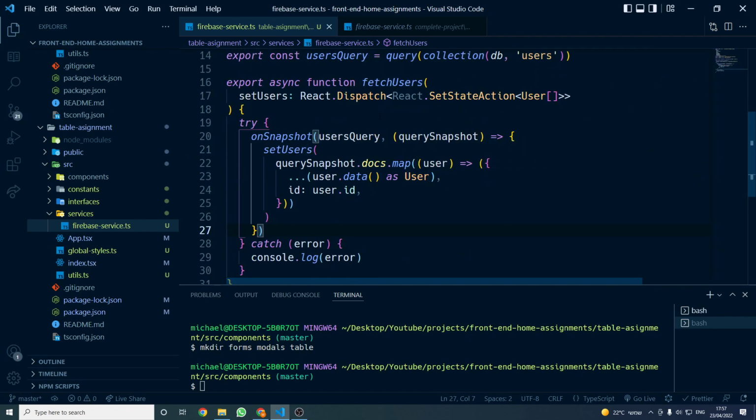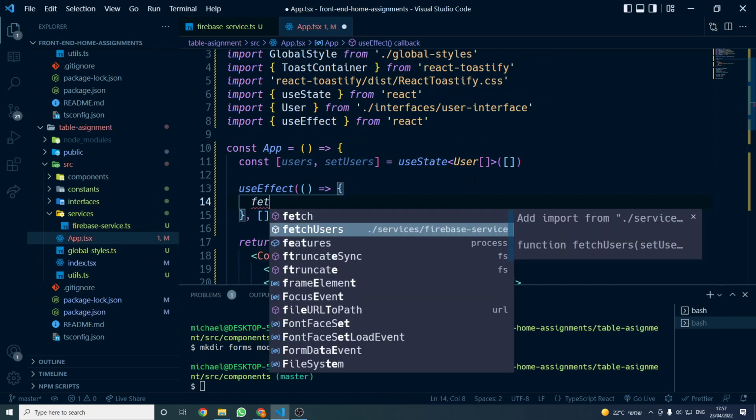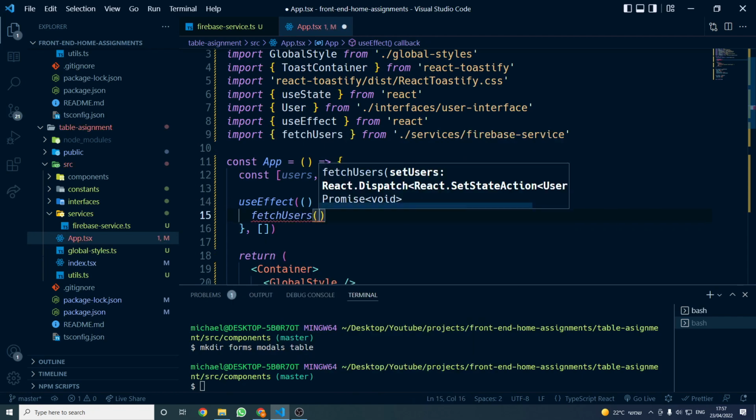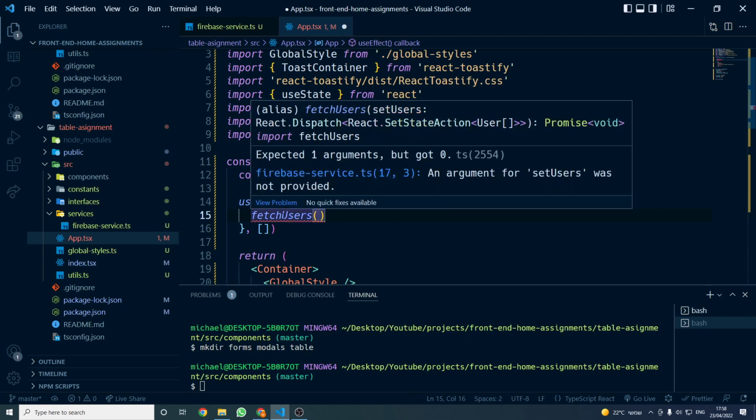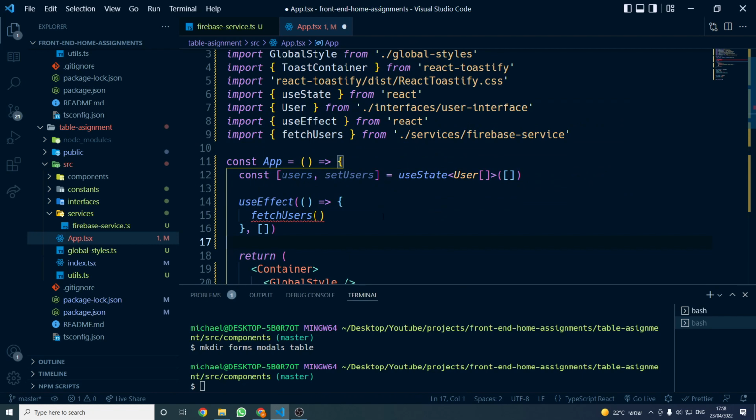And actually the function is ready, so we can import and see if it actually works. Let's go back to the app, and here we can already use this fetch users function. As you can see, because we use TypeScript, fetch users complains because it expected one argument but got 0. An argument for set users was not provided, and you can see how powerful TypeScript is and how easy it is to prevent errors. So you can just take this set users and provide it like this, and the